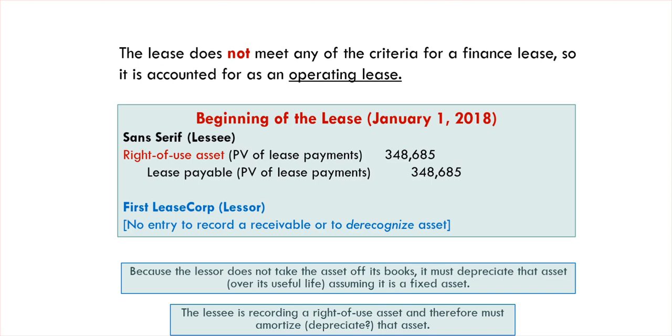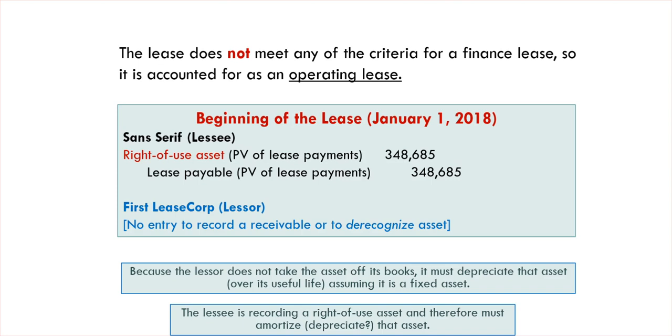So here we have a situation where the lessor is only going to wait until a time has passed, and if the lease agreement shows at the financial statement period of time that there should be lease revenue accrued, of course they're going to accrue that lease revenue at that time period. But they're not going to put on their books a lease receivable and take off that lease receivable over a long period of time. They're just going to accrue some lease amount whenever it's time to do the financial statements,